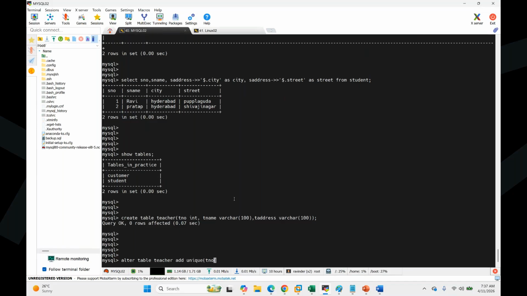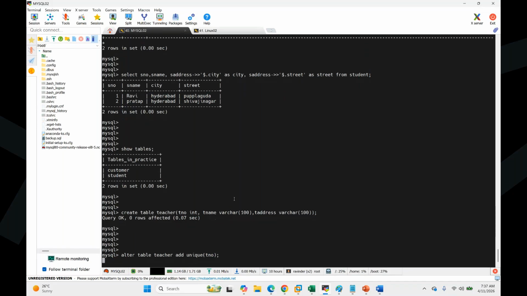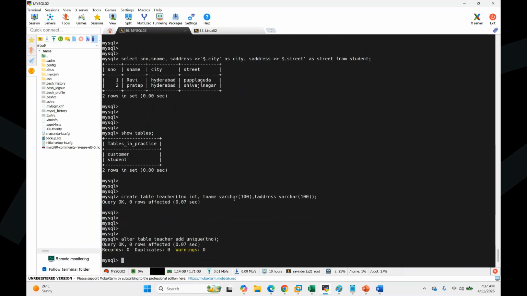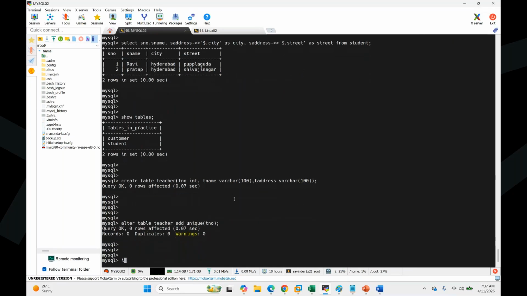Right, it is accepted. Now, if I'm loading the data with insert into teacher, try to follow. This is one statement. I'll explain in detail in the architecture, not now, but you still need to connect to this.